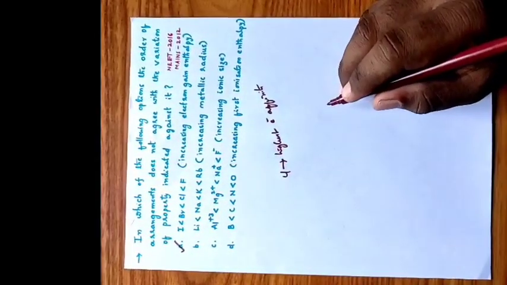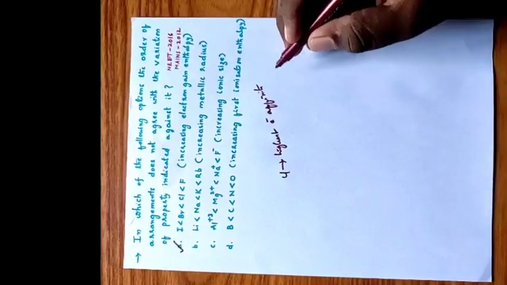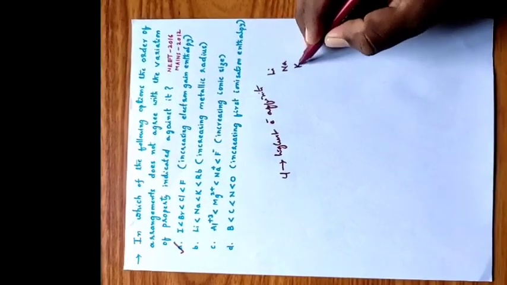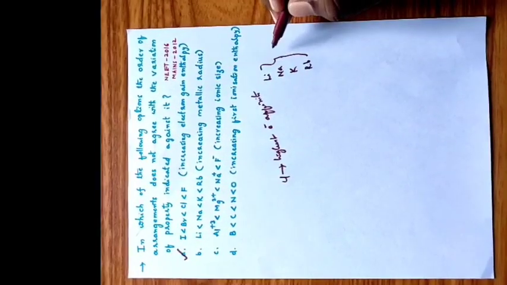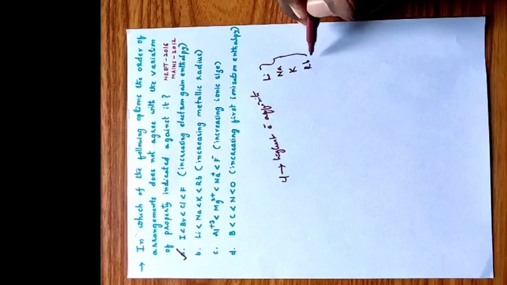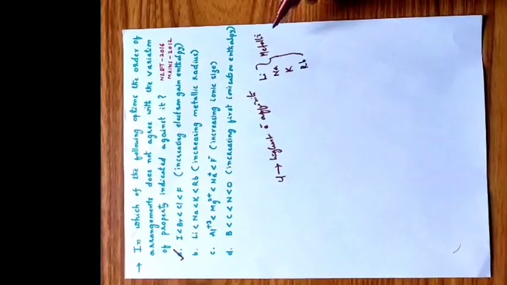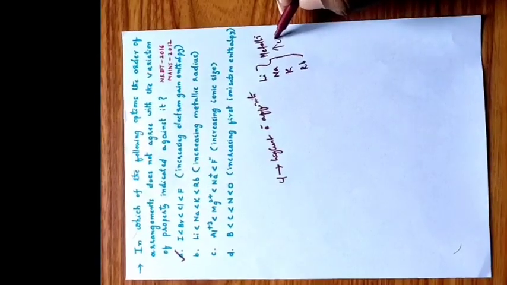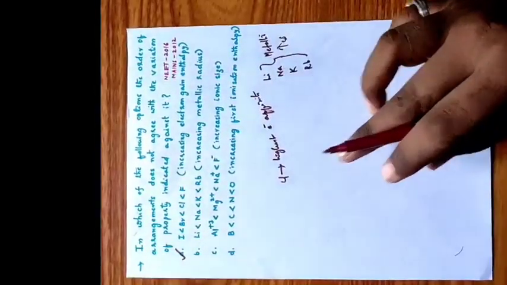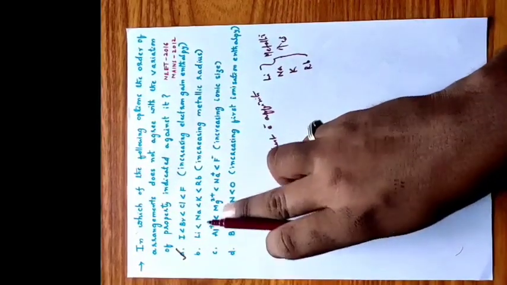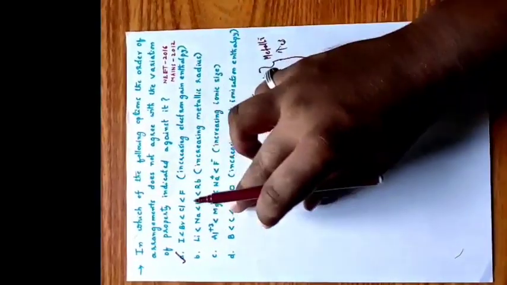They have given first group elements: lithium, sodium, potassium, rubidium. This is the order of these elements in the periodic table. So it's very clear, from top to bottom, metallic radius or character will increase because size is increasing. So option B is correct. And option C, just now we have discussed that positive charge is inversely proportional to the ionic size. So this is also correct.